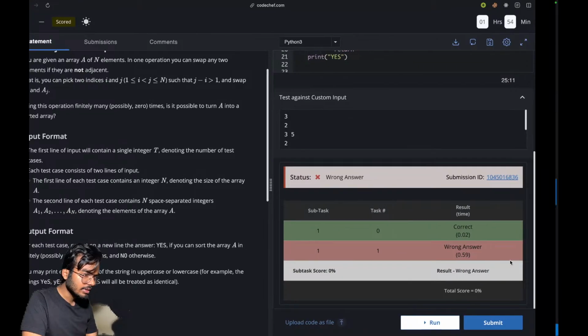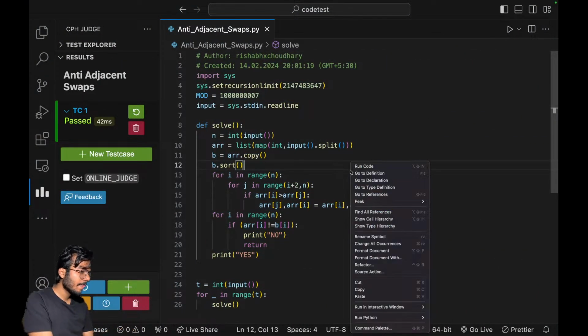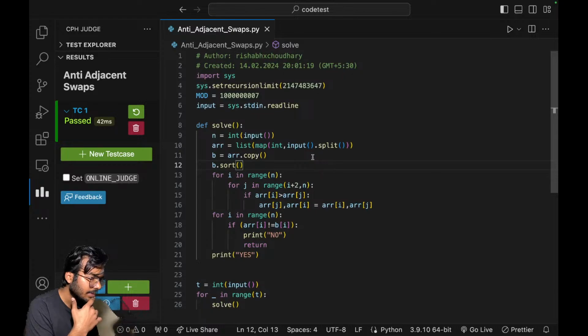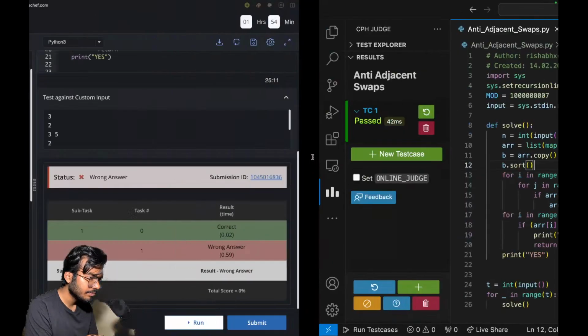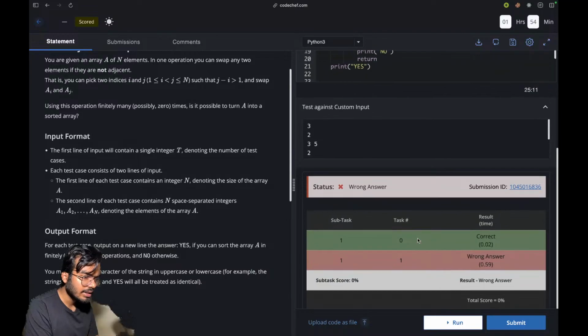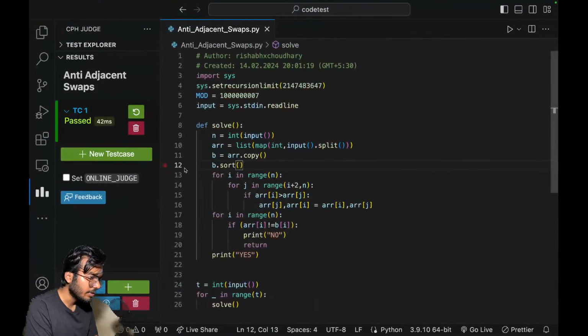Okay, we got a wrong answer. Now why is that? I mean, I will have to test it on some arrays now. At least it didn't give me a TLE, so I know it can work in big O of n square now. First I sorted the whole array. Then I said if array of i,